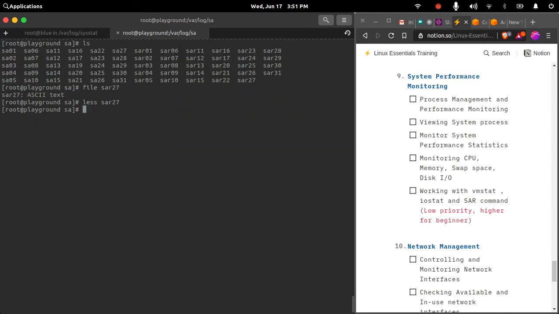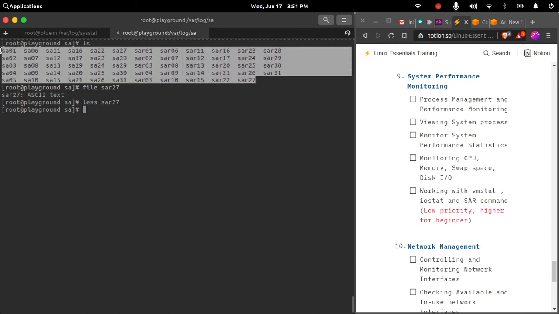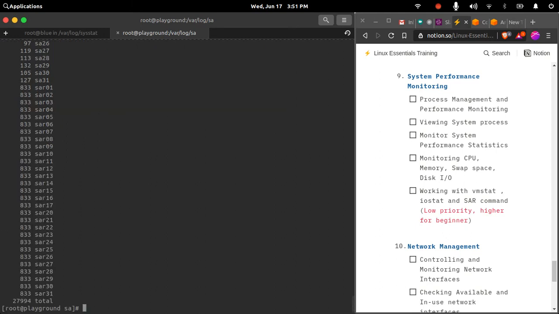So if you raise a ticket with Red Hat support, they will ask you for these files and investigate them to troubleshoot the issue related to system performance. And these files are really long text files. If I do a word count on these files, they are around 800 lines by default.